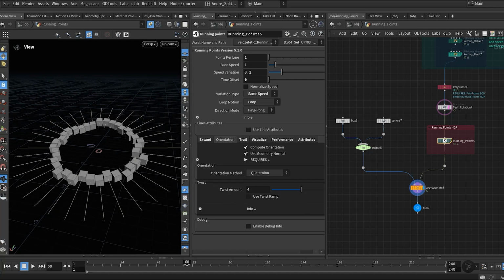Twist amount. In all three orientation modes, you can also control the rotation angle. This lets you adjust the angle around the curve tangent as the point moves forward. The result is a spiral-like twisting motion added to the orientation along a curve.